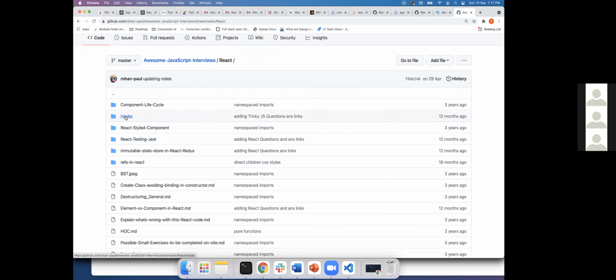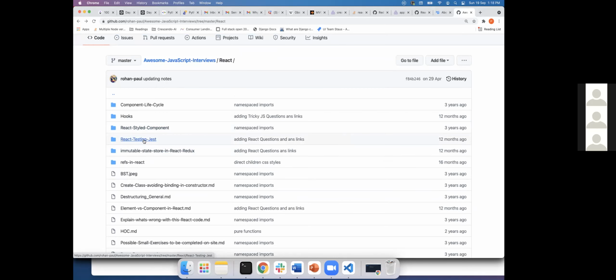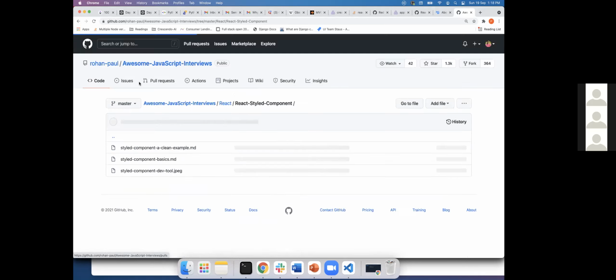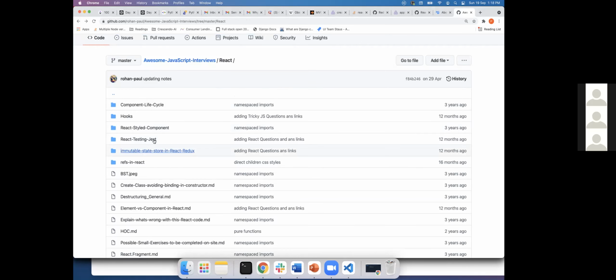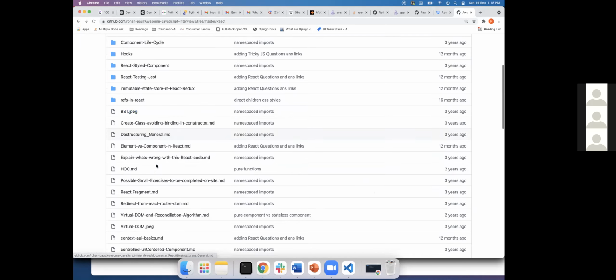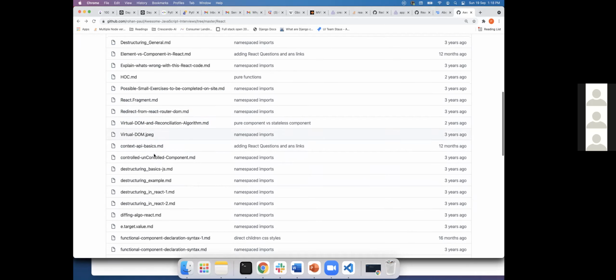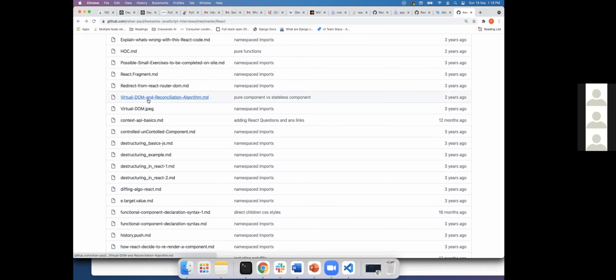Okay. Hooks is a separate topic. We'll try to cover it in upcoming weeks. Okay. Testing is another one. If you want, I'll cover styled components. Styled components are very rarely used, but I'll try to have a session on that. Okay. And we know what refs are, right? Creating a class, HOCs, fragment, you remember, right? That empty tag. And we know what dispatch is, what the virtual DOM is, or what the controlled API is. I'll take this session, controlled and uncontrolled.